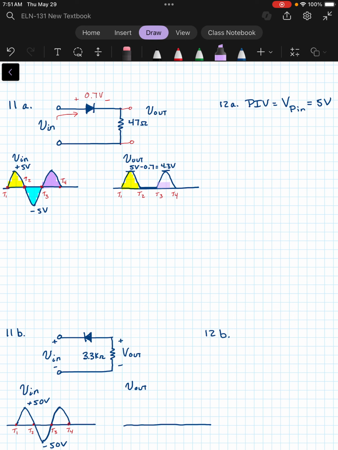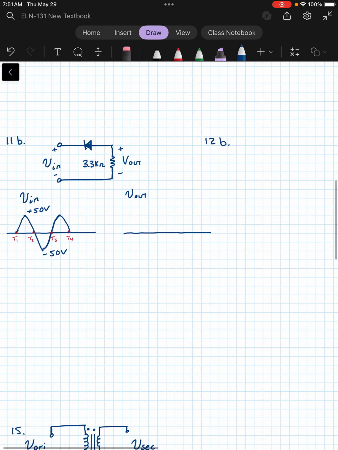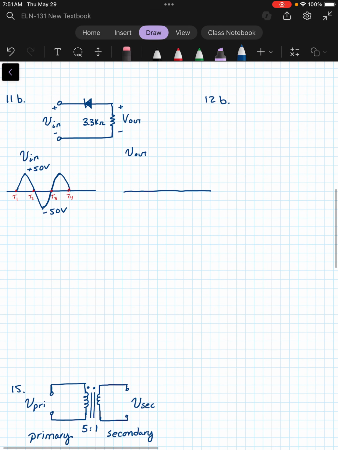In actuality, let me go ahead and color this in just so you see kind of what that looks like. Okay, let's look at 11b. So 11b is pretty much the same problem, but this time with the diode reversed. And what's going to happen here is from